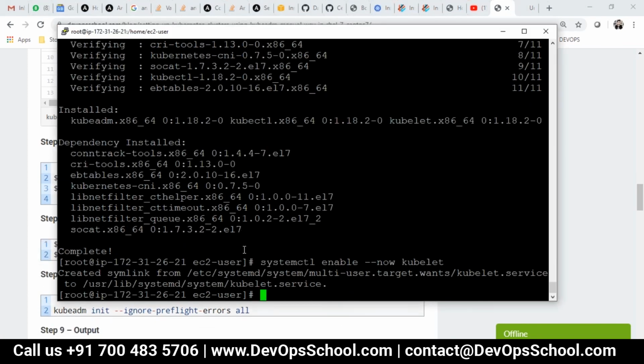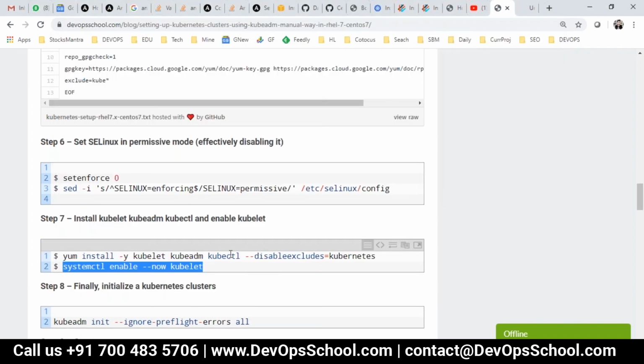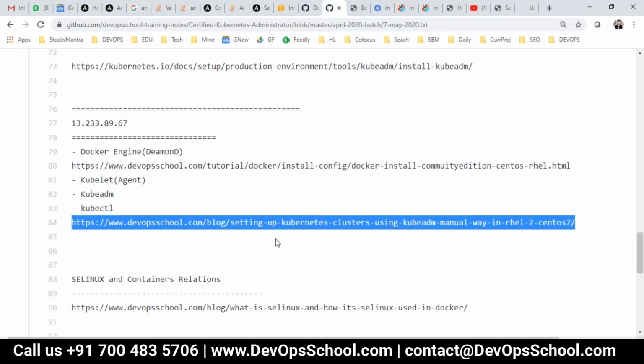Rajesh, can you share all the links in the chat box? We don't have all the links. They're already there in the notes, actually, in the super notes. I'm taking them from the notes which I shared with you every day. Here it is.